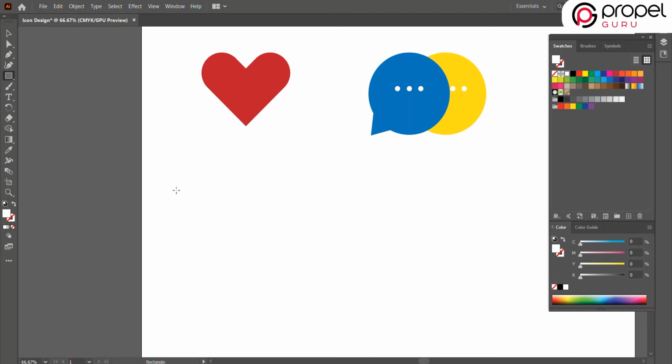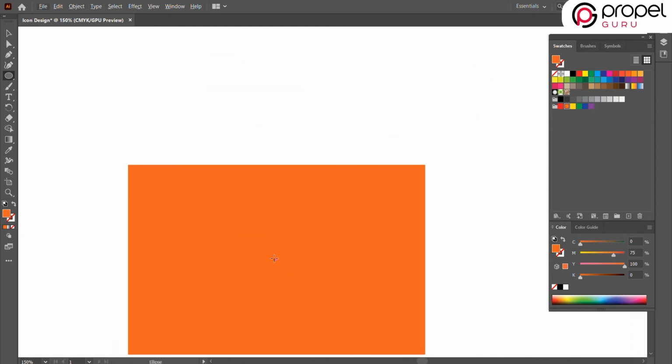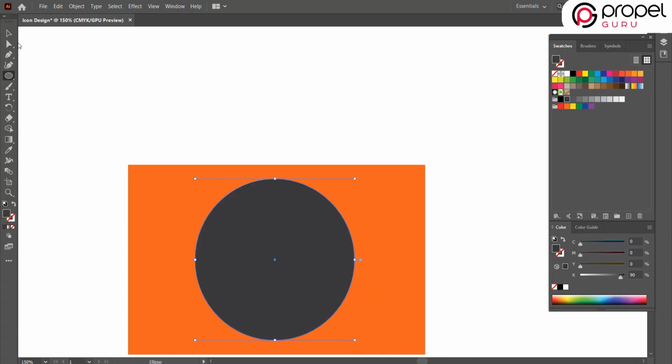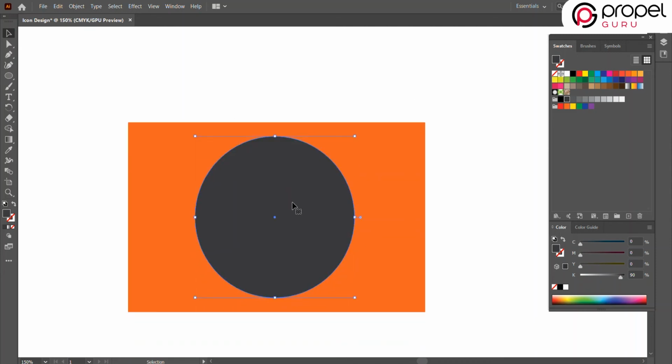Click on the shapes and select rectangle. Fill it with any random color. Let's take orange. Now we will draw a lens. For that, select the circle shape and draw it at the center. Let's make it gray. Now we will make a copy of it with Ctrl+C and place it with Ctrl+F to be placed in the same location. Press Alt and Shift to make it small in size. So we can see the lens shape is here.